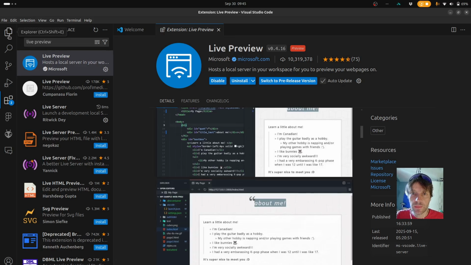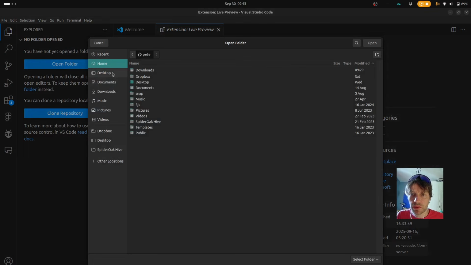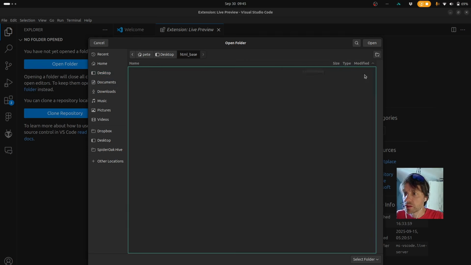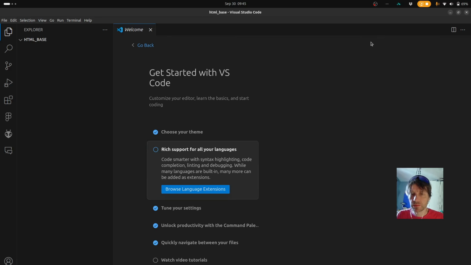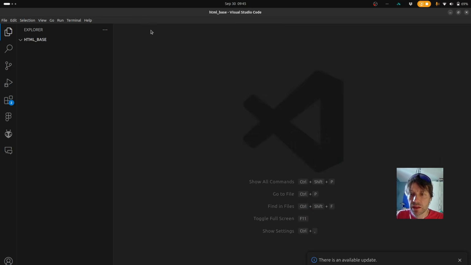So I'm going to the Explorer. I'm going to open a folder on my desktop. So this is going to be an HTML base template that I'm creating. So I'll call this one HTML base, maybe with an underscore. All right, create. And then I say open. So it's going to open that folder on my desktop. Here I still have the welcome screen, so I'm going to close that. In my HTML base, I'm just going to add a new file called